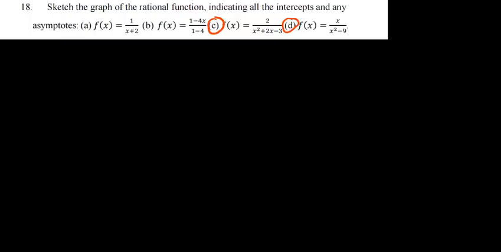Let's start with part D, then we go to part A, or to part C. We have got our function f of x equal to x divided by x squared minus 9. To find the domain, or let me say to find the vertical asymptote, we have got the vertical asymptote and horizontal asymptote. To find the vertical asymptote,